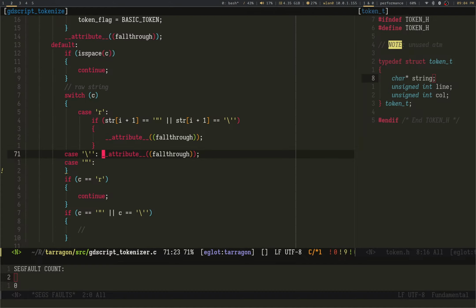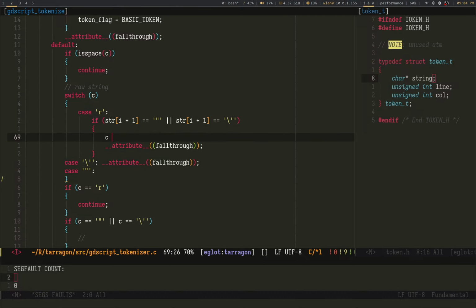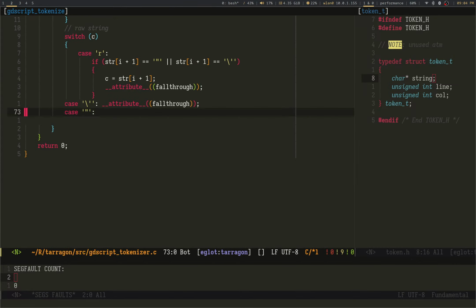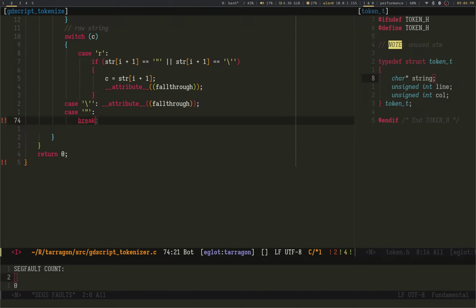And I will just say whatever C, I'm going to change C to string I+1. Easy. And that's nice. And since I'm falling through, I can use similar logic for all of them, which is fun.